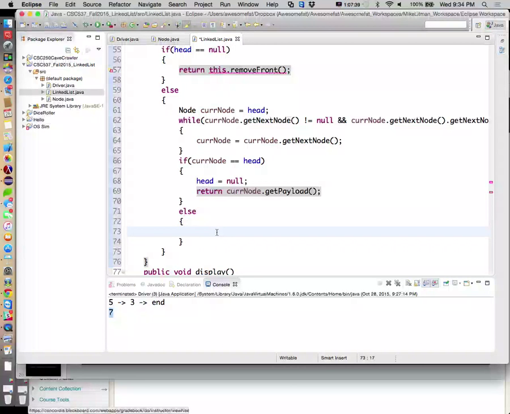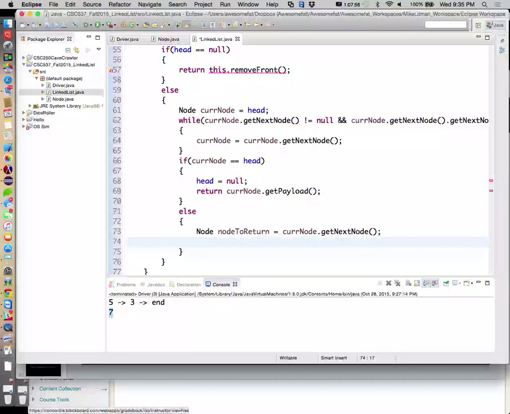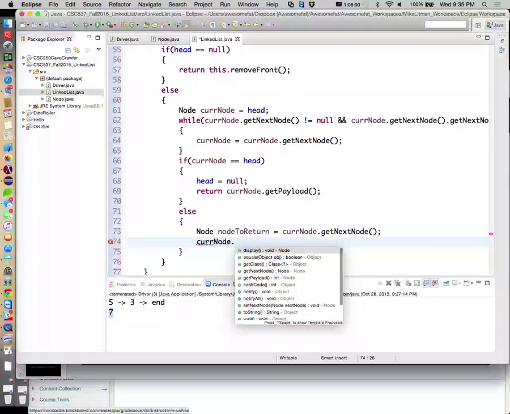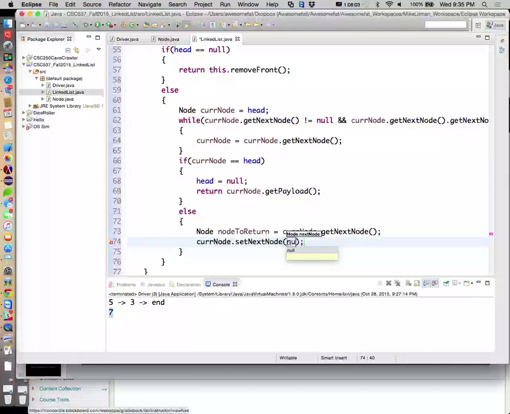Otherwise, Cur Node currently points to the node whose next node is the node we want to return. So we're going to say node to return is equal to Cur Node dot get next node. Then I'll say Cur Node dot set next node to null.